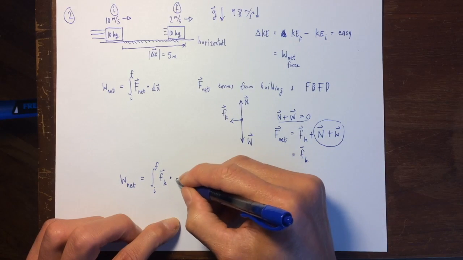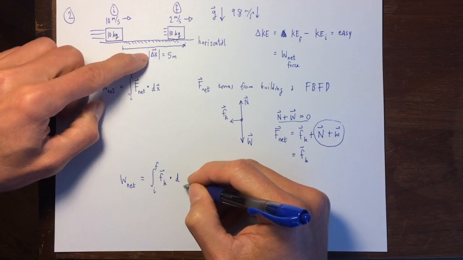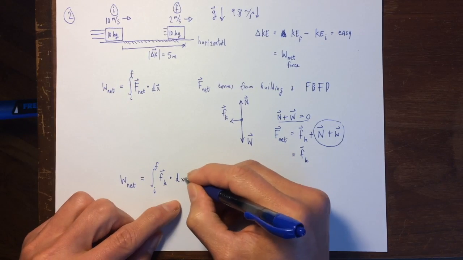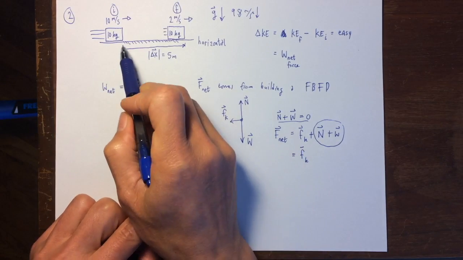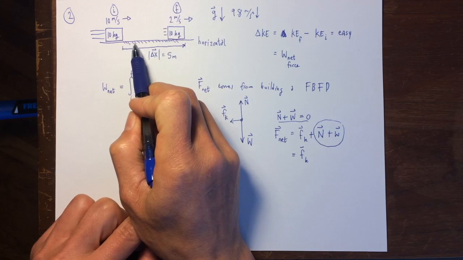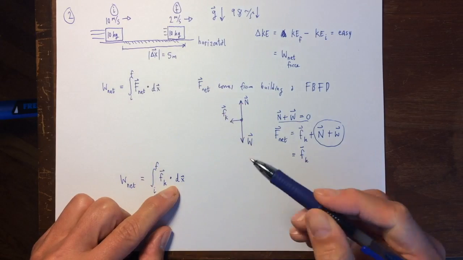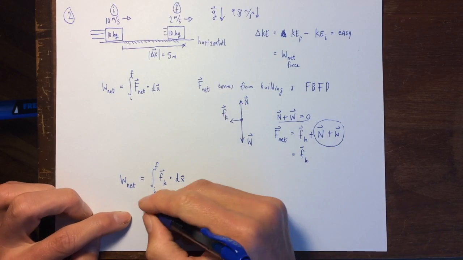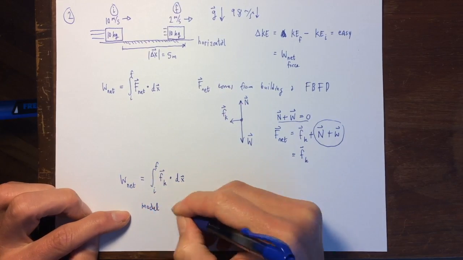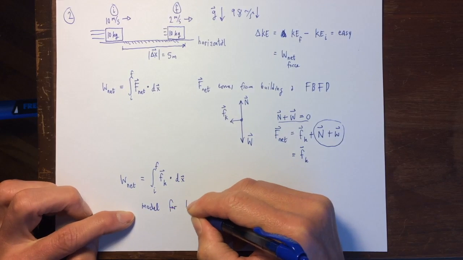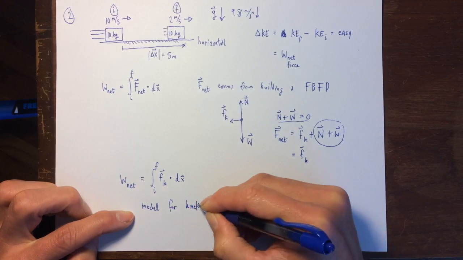So it just turns out that that's how this works in this particular problem. It's over a bunch of little micro displacements. All the displacements added together ultimately add up to this 5-meter displacement towards the right. So my model for kinetic friction,